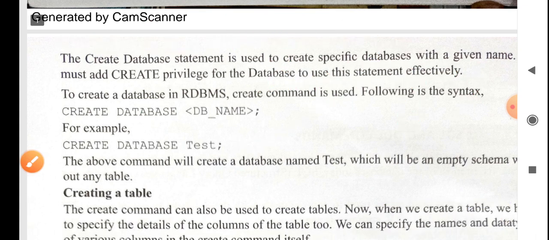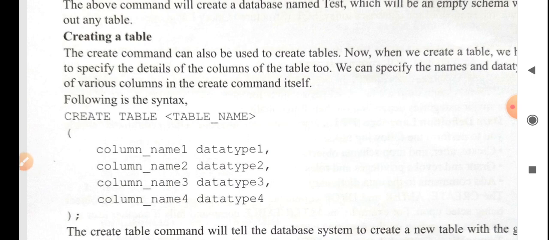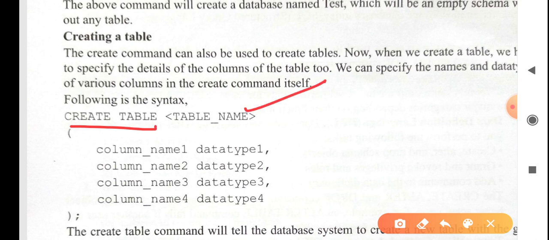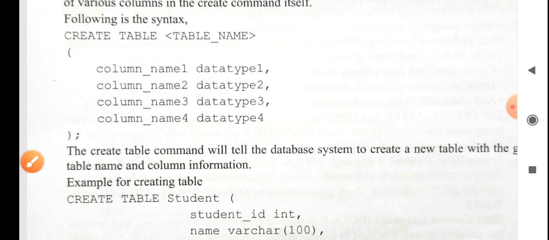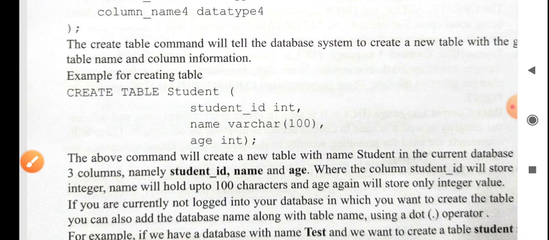Now moving forward, commands to create a table. Simply you will have to use the CREATE TABLE command. After that the name of the table, then the names of the columns you are using, and in front of the column names you write the data type of the columns, or the fields, that you are writing in that particular column. For example, you can see that a table student is created.